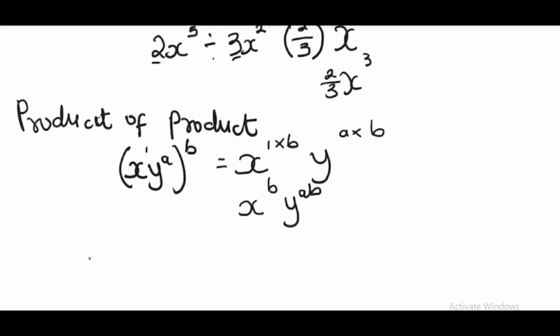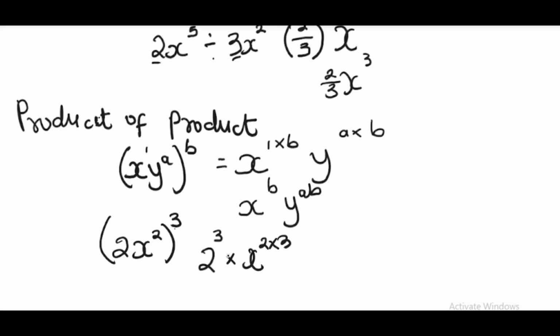So for instance, if we have 2x squared all raised to the power of 3, what would that imply? You are not going to be multiplying just this. Remember that this power of 3 is also for 2. So that would mean 2 to the power of 3 times x to the power of 2 times 3. And 2 raised to the power of 3 is what? Is 8. So we have 8x raised to the power of 6. Is that clear? So we'll move to the fourth law,